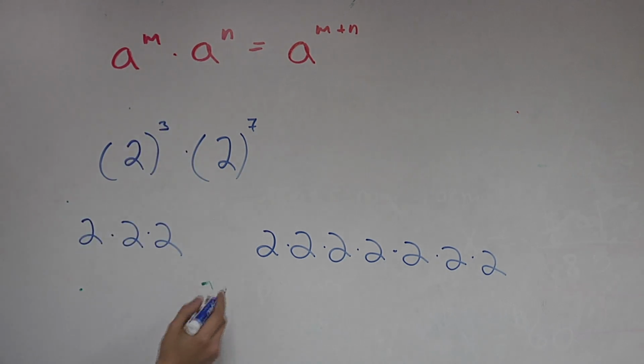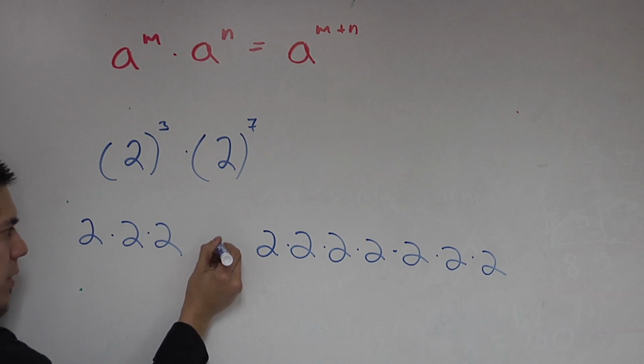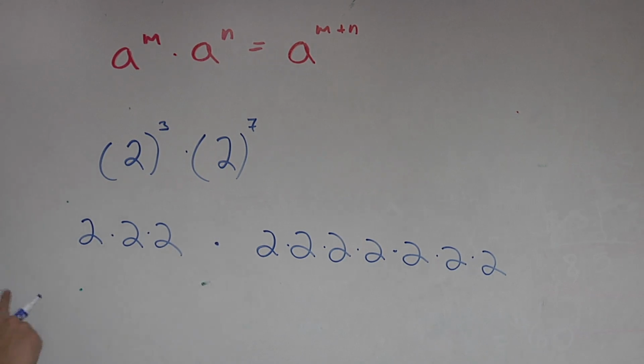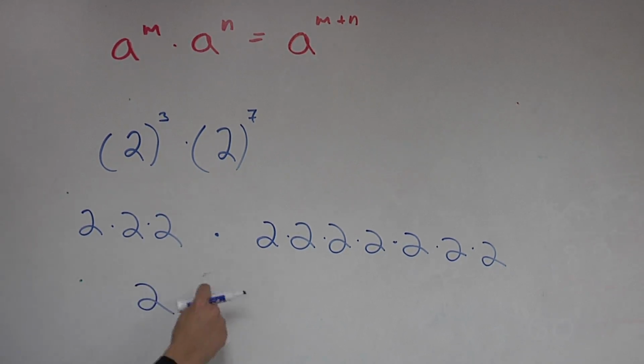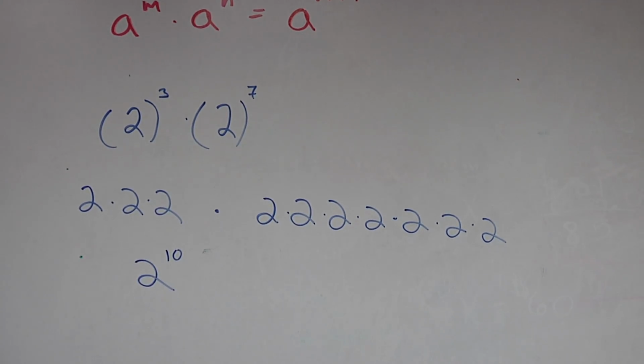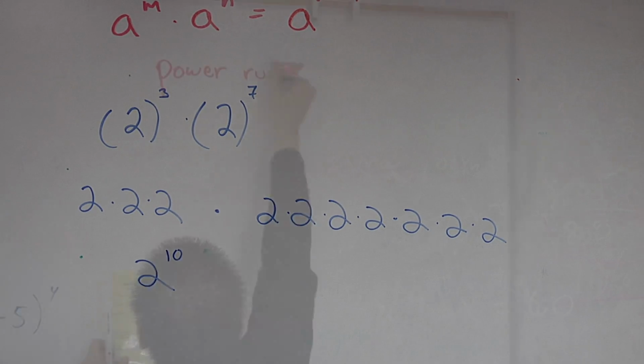It's still multiplication. So now that we multiply these, if we have the same thing written a whole bunch of times, then this is really 2 to the what? 10th power, because we have 10 of them. So it's 2 times itself 10 times, which you could write as this right here. This is the reason why we could go ahead and add those exponents. That's the little shortcut that we get. But it's just multiplication, we keep multiplying all the way through.